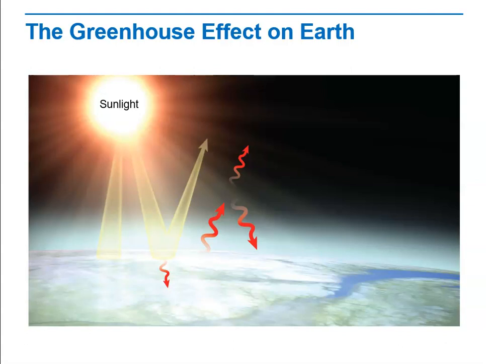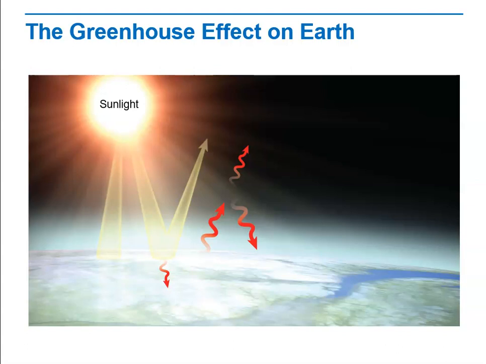What hits the Earth all the way from the sun is solar energy, it's sunlight. So Earth receives solar energy from the sun as sunlight. And some of that sunlight, some of that light energy just bounces off the Earth and is reflected into space. But some of it is absorbed and converted into heat. So it's the light that enters the atmosphere and then is converted into heat.